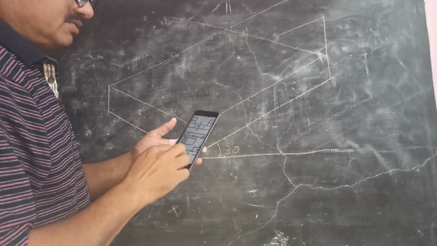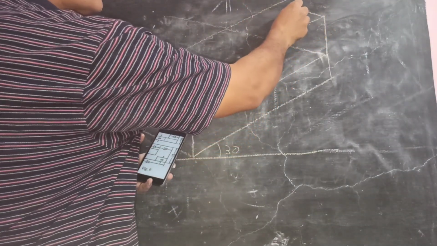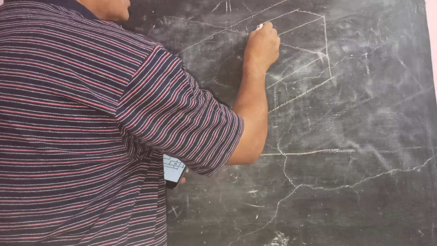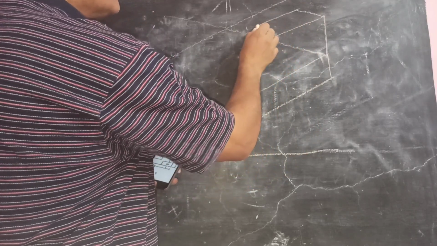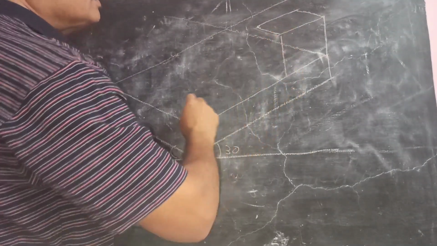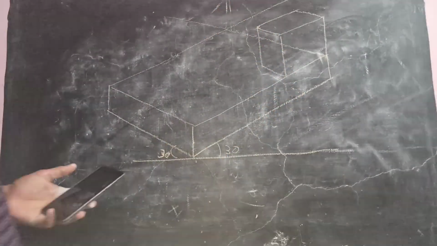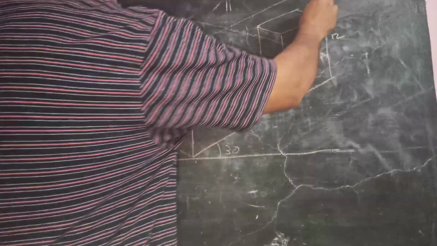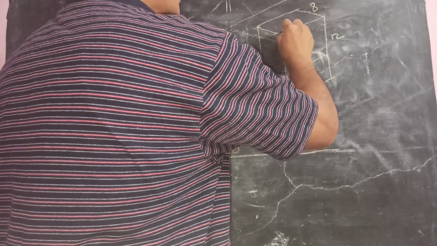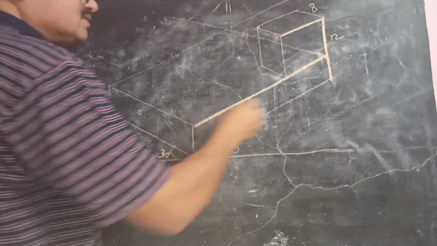Then the width of this you can get in the top view. Width is here, that is 8. Draw a line parallel to this from here and complete this. This line must be parallel to these lines width wise. Then put it down. This is the pillar on this side. This is 12. This is 8. I am putting the dimension just for your information. Actually, when we draw, do not put any dimension. You can make it dark like this.